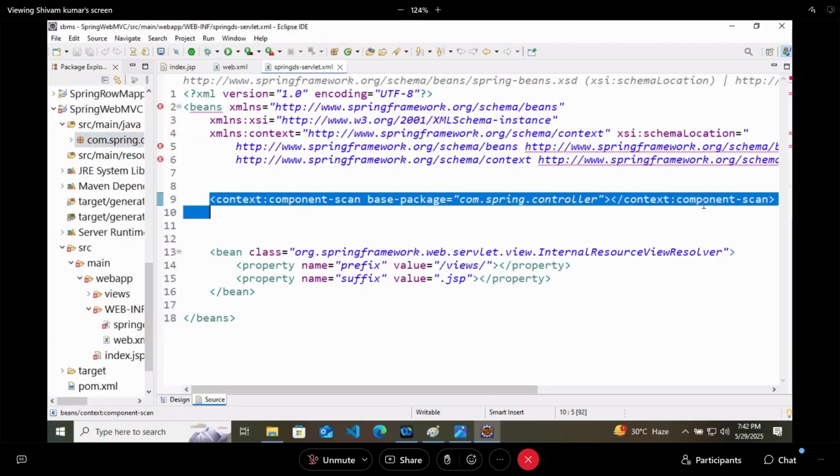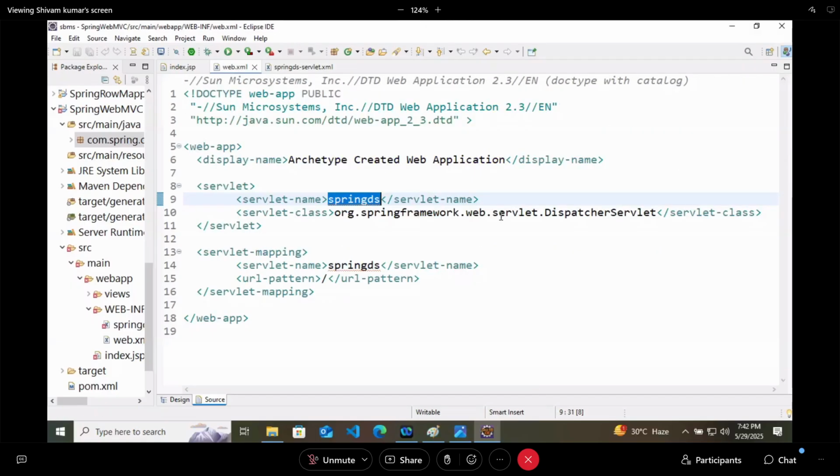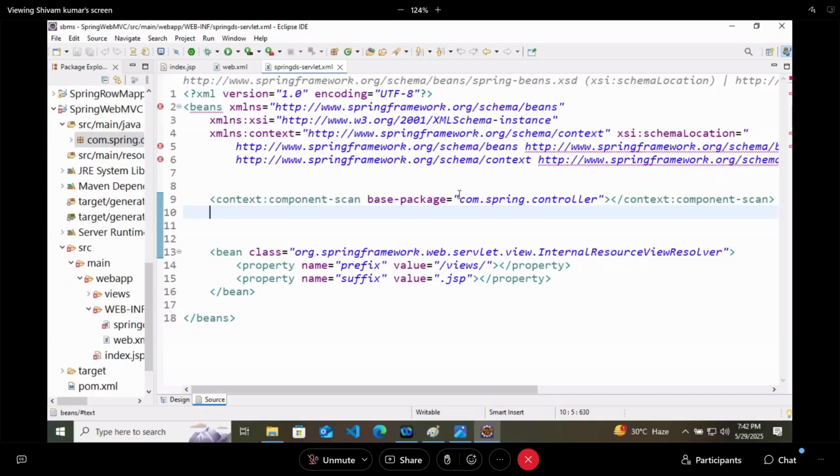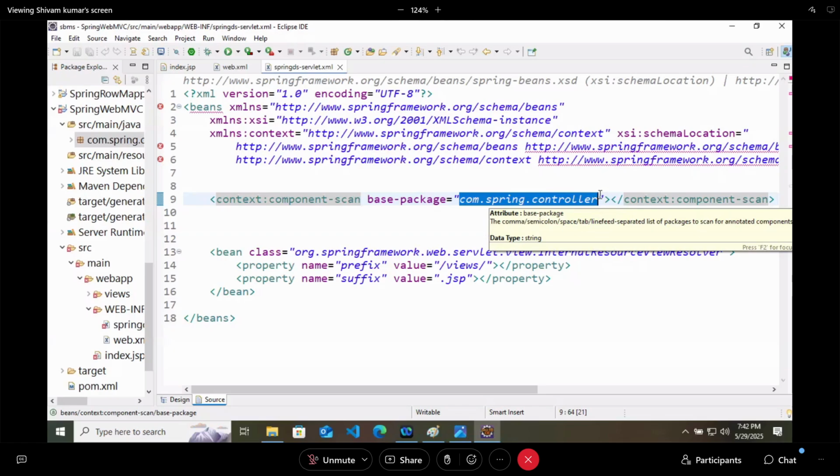Now the Spring servlet, or you can say the dispatcher servlet, will forward the request here. It will go inside this package and find which controller is accepting the request of welcome. Inside this you can have multiple controllers.